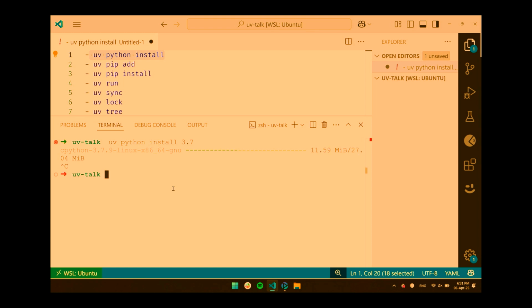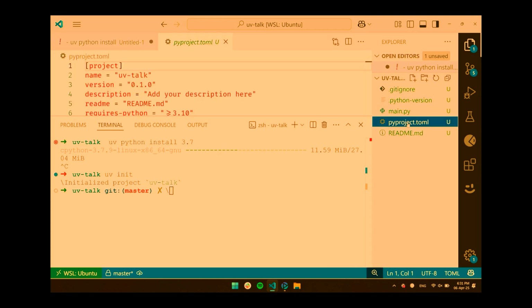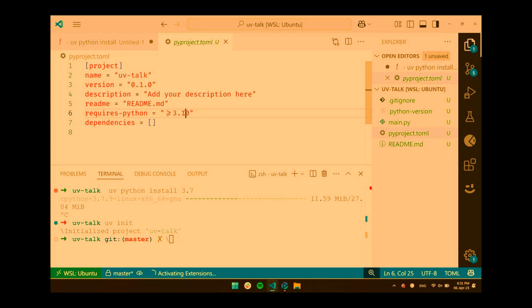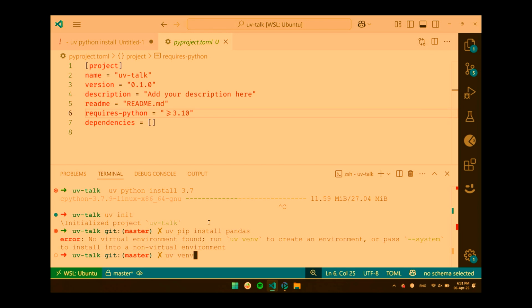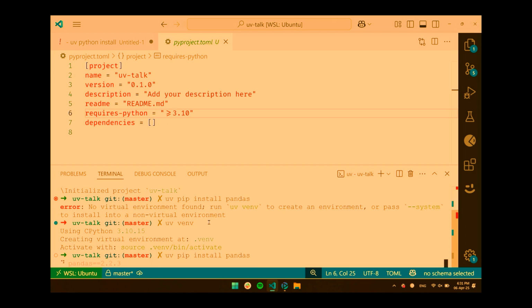And then if you want to manage a project, UV init, and it will create a pyproject file with the bare minimum that you need. It lets you configure the version. And then if you want to add something, so all this, you never have to install Python ever again. You just install UV, then you do everything with UV. You want to install pandas, UV pip install pandas, sorry, one-handed, and it will go in. Oh, of course, I need an environment, so UV venv, and then UV pip install pandas, and it will install